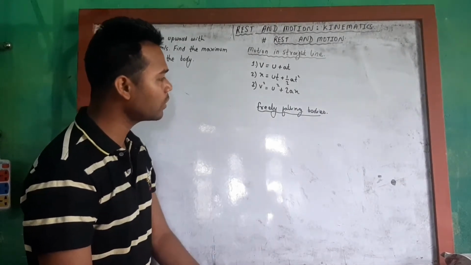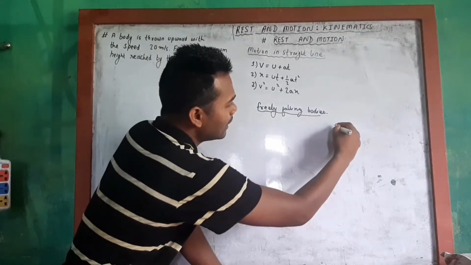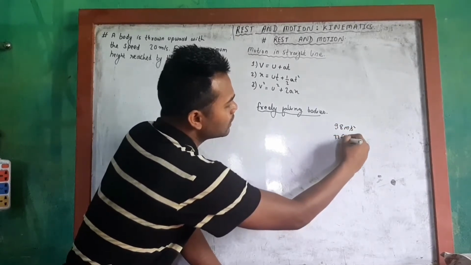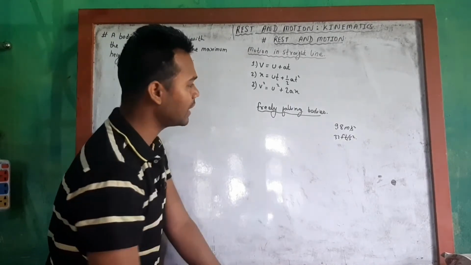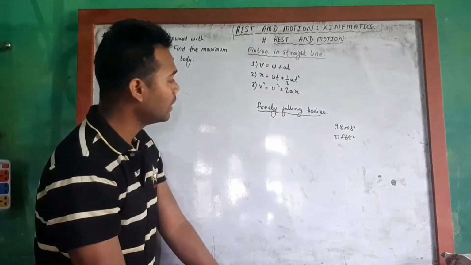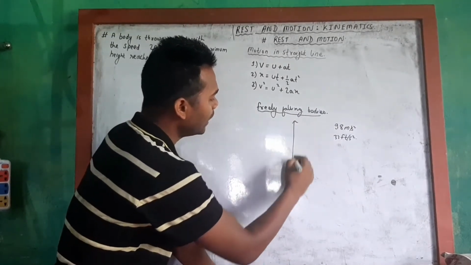Near the earth's surface, the freely falling body has a constant acceleration of 9.8 meters per second square, or 32 feet per second square, directed directly downward toward the center of the earth. And if we suppose the body to be moving along the y-axis,